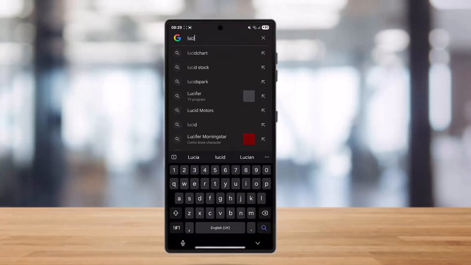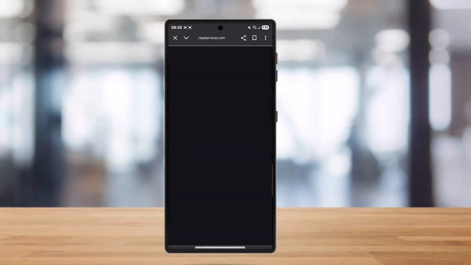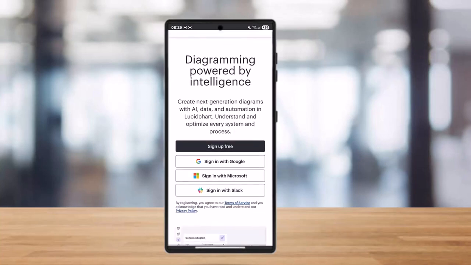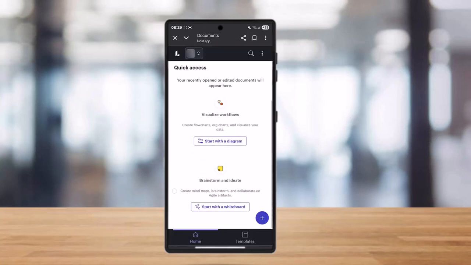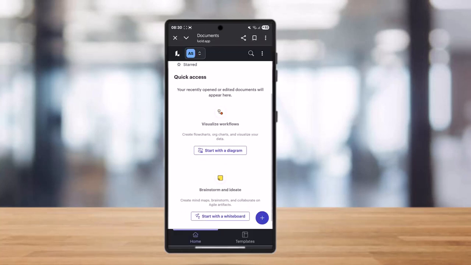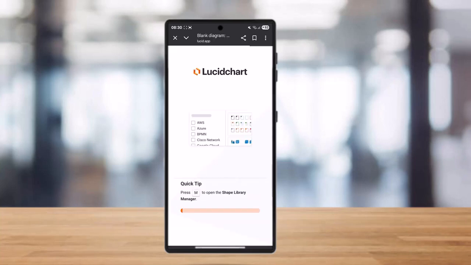So for this, you need to simply get logged in to your Lucidchart, and once you have logged in to your Lucidchart, you will end up in this kind of interface. So you need to simply get signed up to get access to the official dashboard. Once you're in the dashboard, you can simply start with the diagram, and once you start with the diagram, you